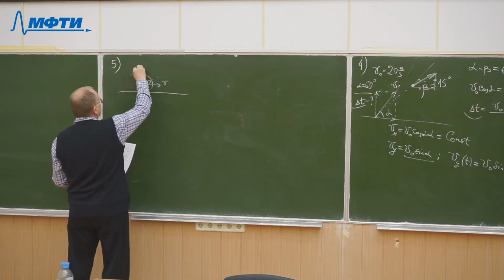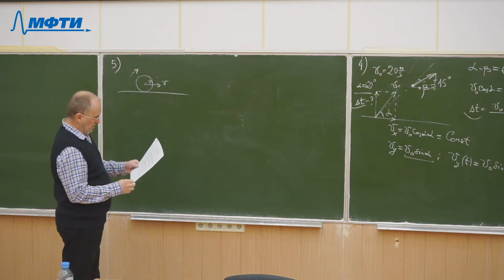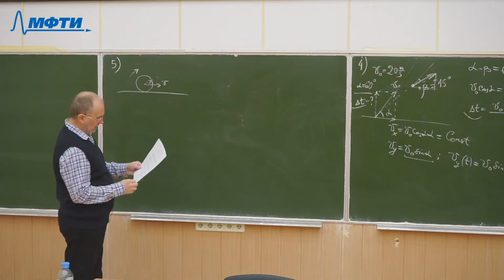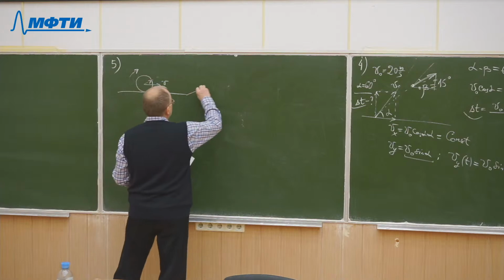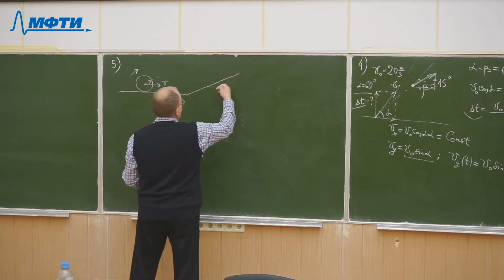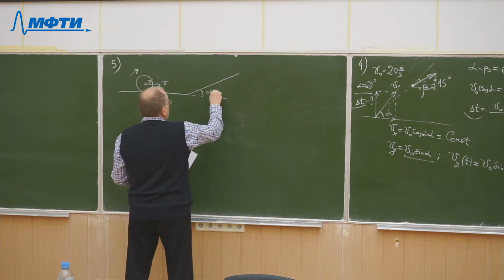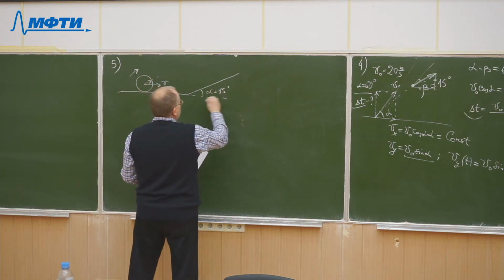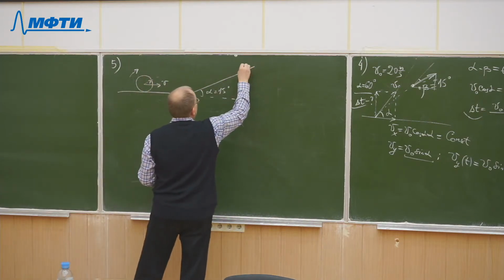So it's rotating and rolling with some velocity, then up a ramp inclined at an angle of 15 degrees to the horizon. Then there is a ramp, a slope or inclined plane, whatever you call it, at the angle 15 degrees to the horizon, and the disk goes up the slope up to the maximum point,